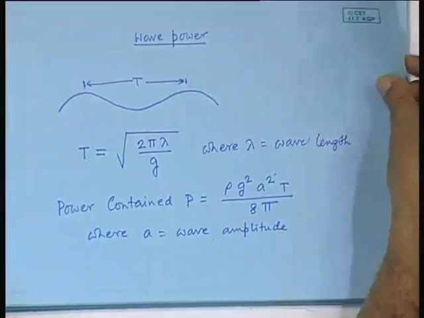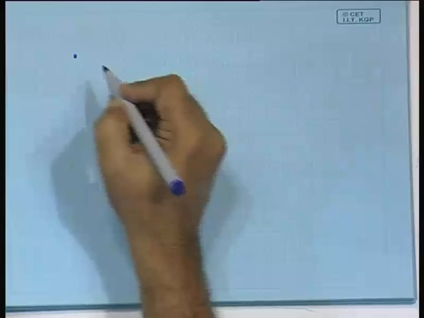Now, in terms of conversion, various people have proposed various types of models, various ideas in order to convert this available energy in the waves into electrical energy. I will slowly illustrate what they are, but essentially out of so many years of research, 3 ideas have been tested to be useful. One is the